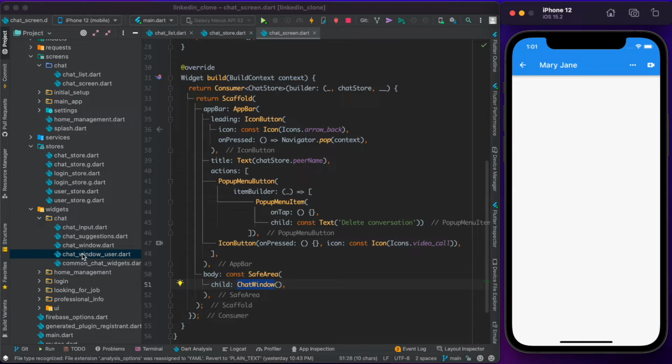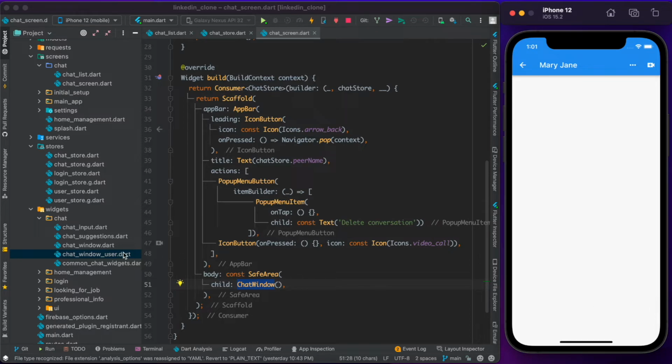The chat window user will be a user details section showing on the top of that, and then the chat input is what we'll use to send messages, and the chat suggestions will come up on top of the chat input, showing us the smart replies or suggestions.